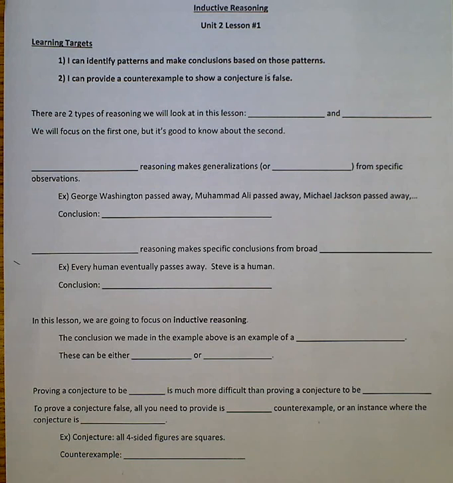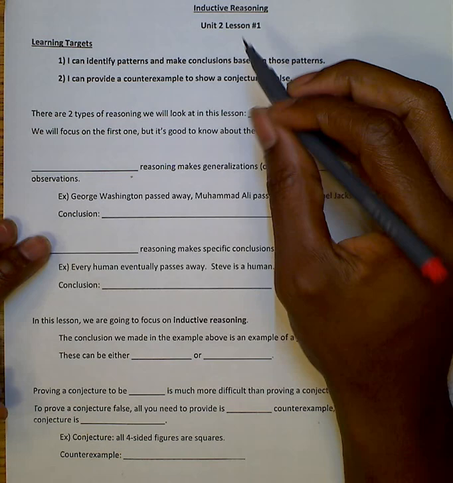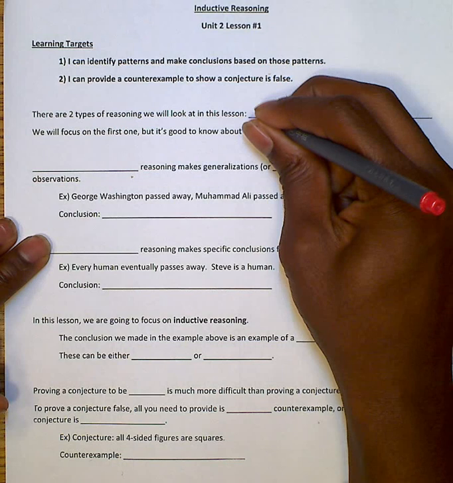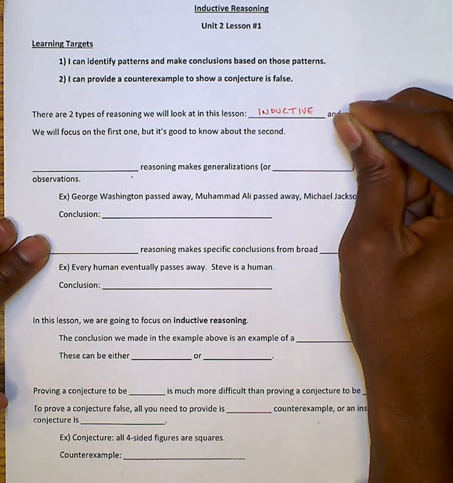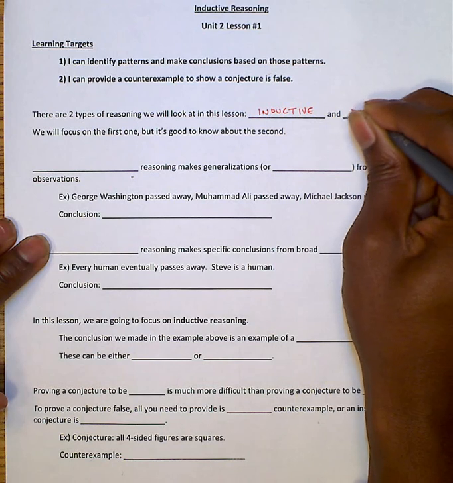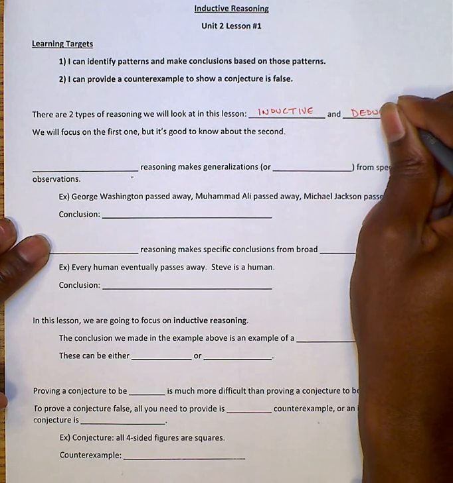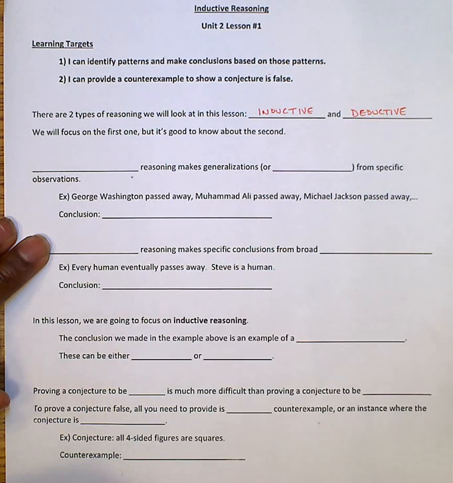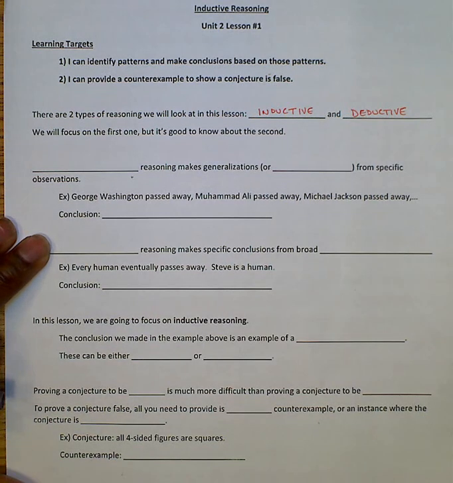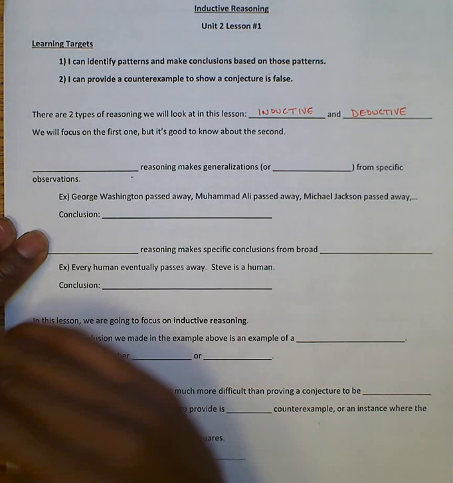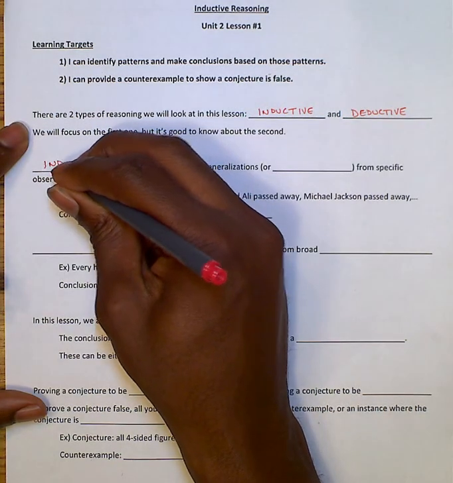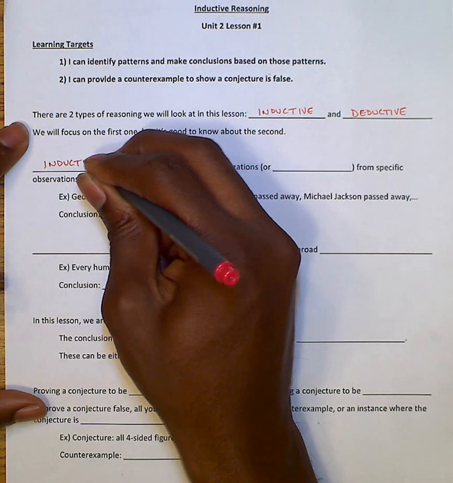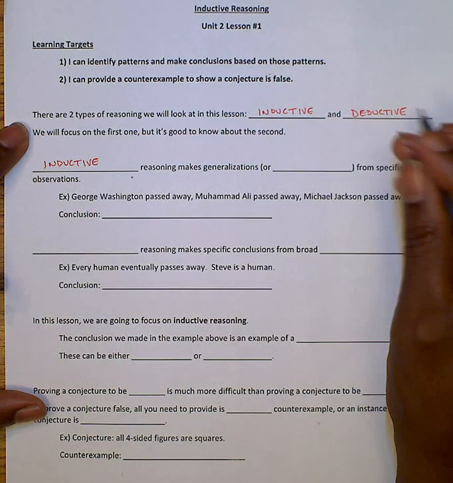Alright, so there are two types of reasoning, and we'll look at them in this lesson. First is inductive reasoning and deductive reasoning. Okay, we'll focus on the first one, but it's good to know about the second one. And what inductive reasoning does, inductive reasoning makes generalizations or conclusions